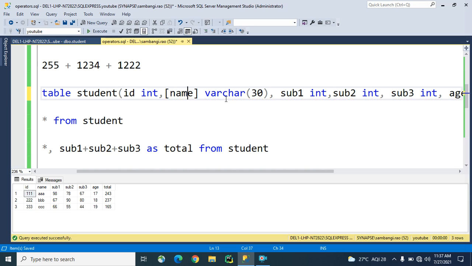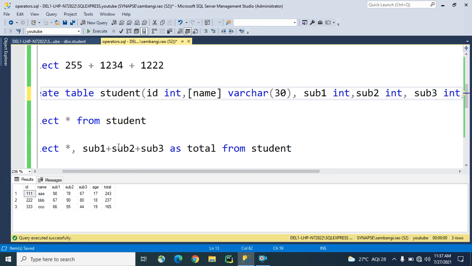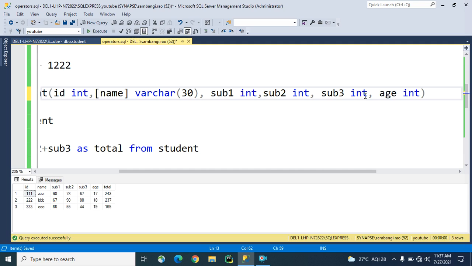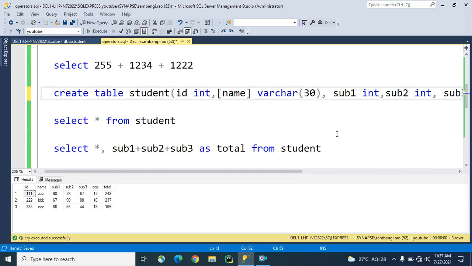Then it will treat it as a column name. Subject one is an integer. See, guys, subject one, subject two, subject three, all are integers here. Marks is also an integer here.